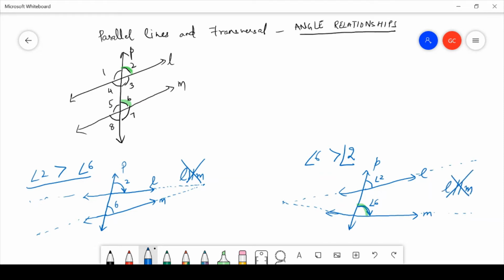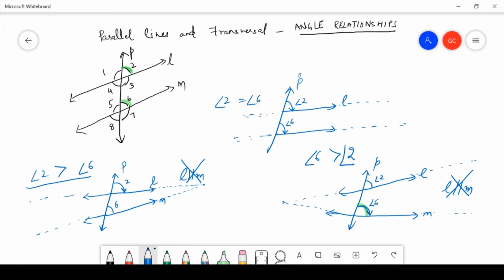Now let's see what happens if these two are equal, okay? Let's just think about it for a minute. If angle 2 and angle 6 are equal, then this is P, this is the transversal. Now this, that's the line L, is rotating this much. Line M is also rotating the same amount, the same amount. So angle 2 and angle 6 are equal, which makes us think, okay, because these are rotating the same amount with respect to P, they are going away in the same direction. And since they are going to go away in the same direction,